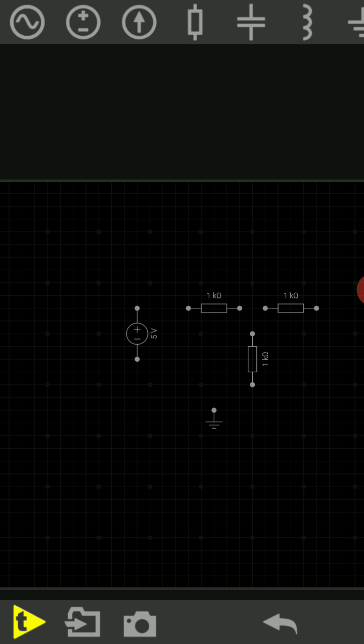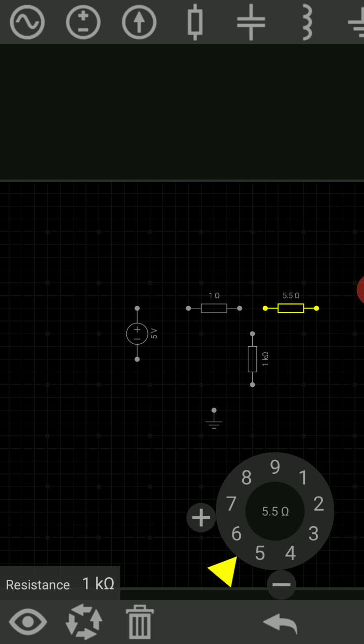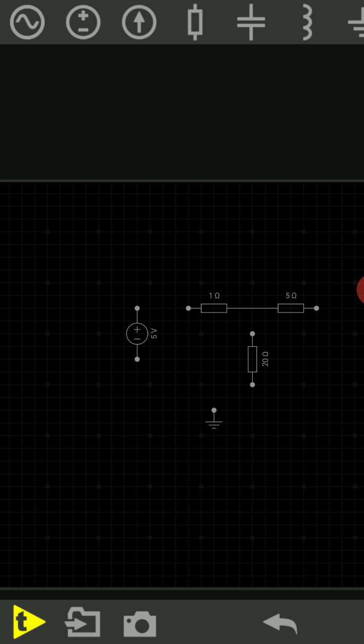The resistance value we have taken in the first case as 2 ohm, so I will just adjust its value. We have taken 1 ohm, so I will adjust it to 1 ohm, then 5 ohm here, and here it is 20 ohm. Just connect it, and here it is the ammeter.